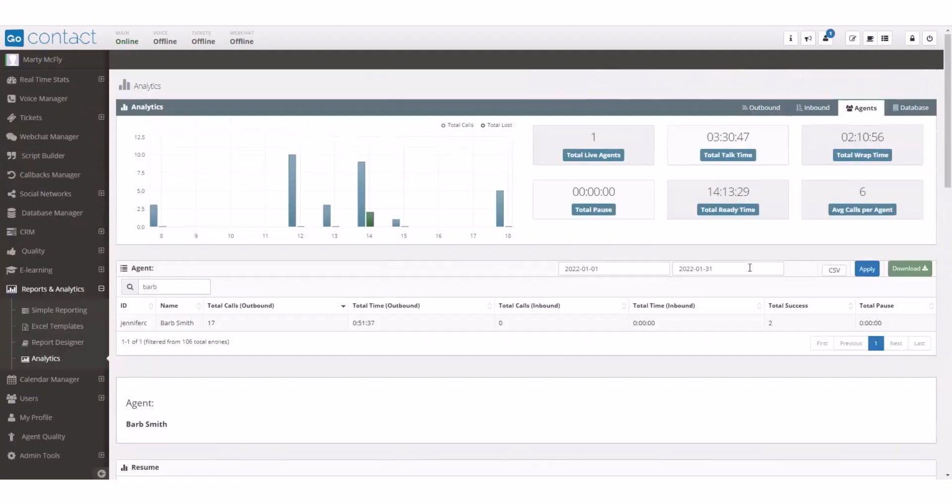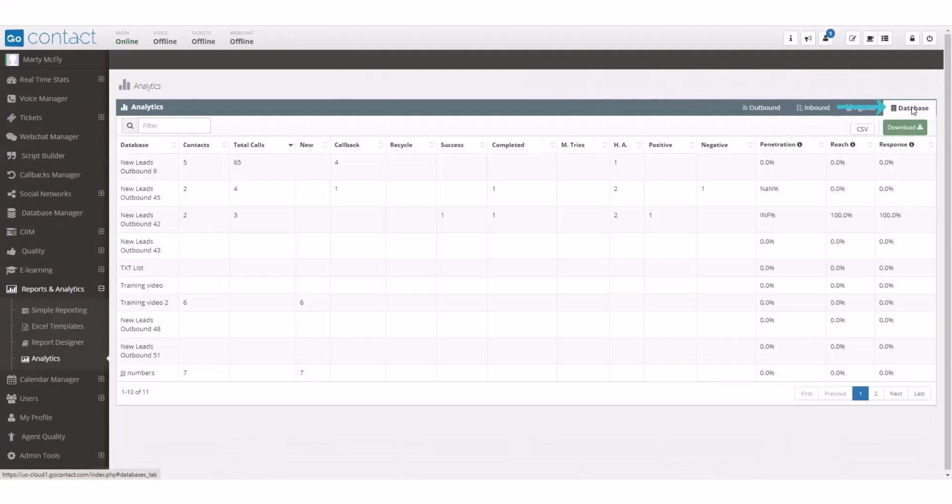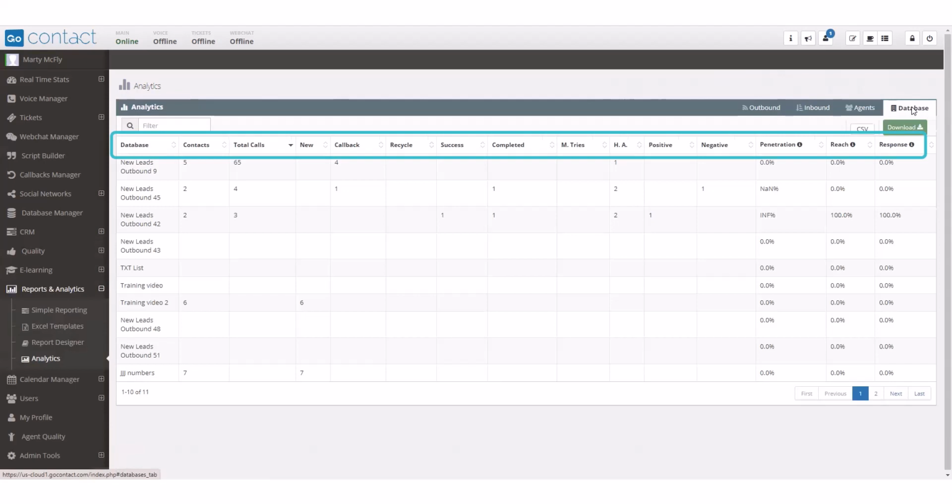Scrolling to the top, under Database, is the information regarding the databases in your domain. You can view the database, the number of contacts in the database, the total calls, new contacts in that database, callbacks, recycles, successes, completed, maximum tries, human answers, positive and negative leads, the penetration percentage, which is the positive outcomes